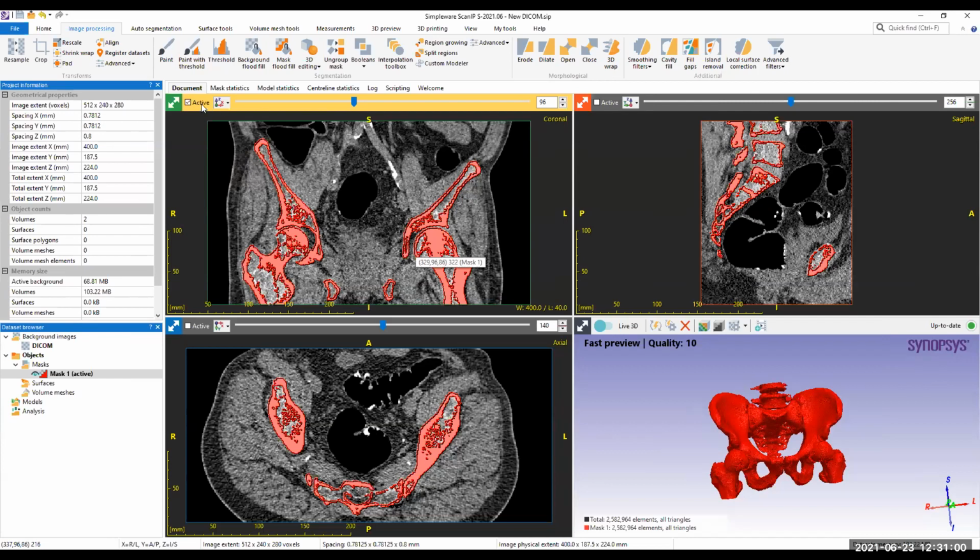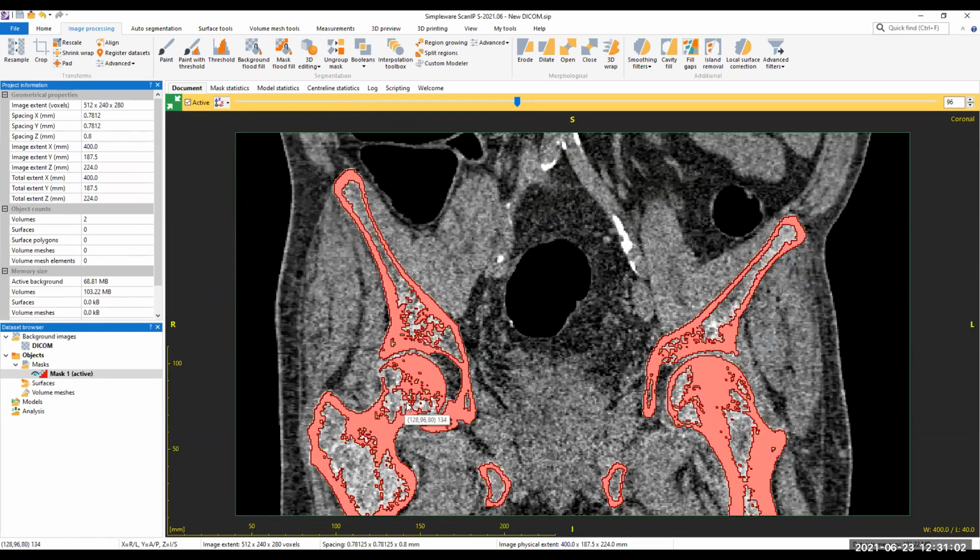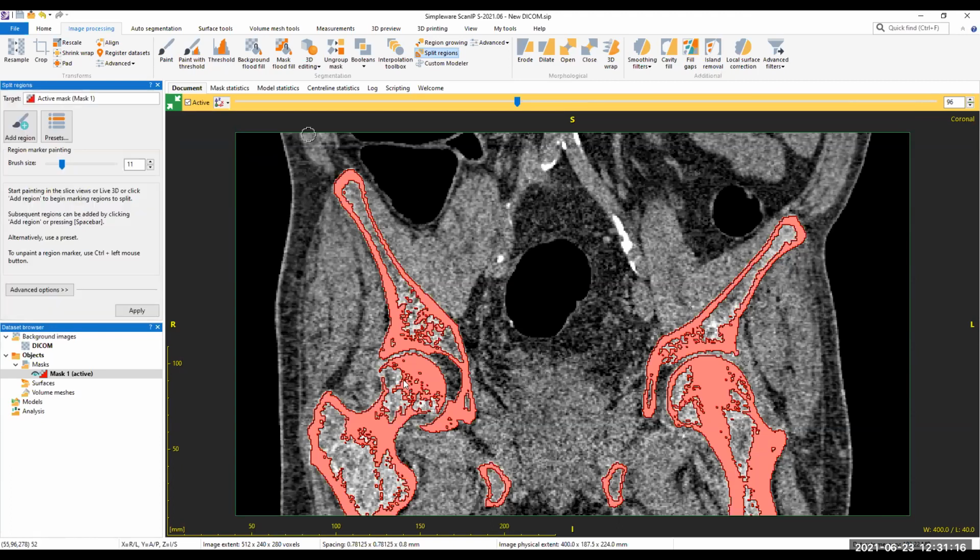I want to split these sections, the femur and the hip bone. So let's do that. That can be done by multiple methods. It can be done completely manually, working slice by slice, or I can use a tool that I have here, split region.